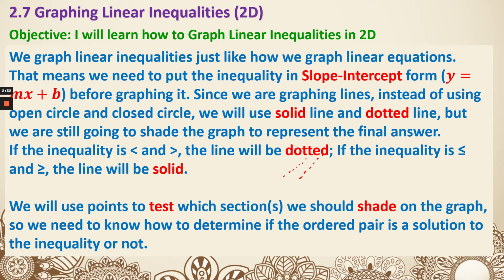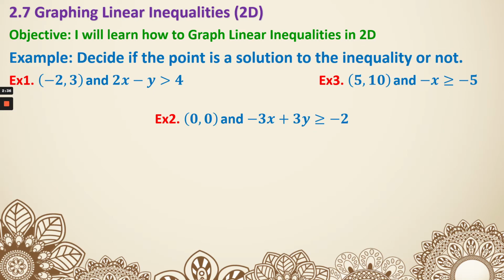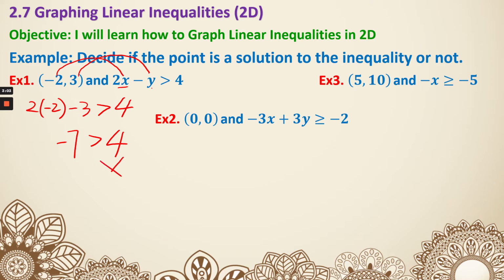So we need to know how to determine if the ordered pair is a solution to the inequality or not. So let's do that first. It's actually quite simple. We just need to plug into the x and plug into the y. Meaning, wherever you see x, replace it with, for example, negative 2. So 2 times negative 2. Wherever you see y, replace it with the 3. So minus 3 greater than 4. If you calculate the left side, that's going to be negative 7 is greater than 4. Well, negative 7 is not greater than 4, so that is not true,